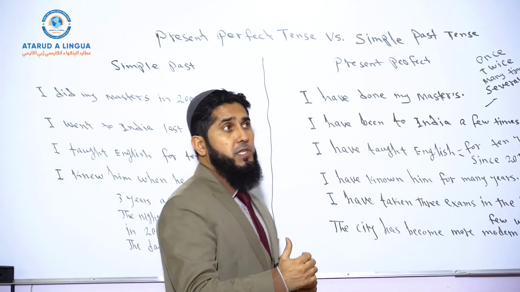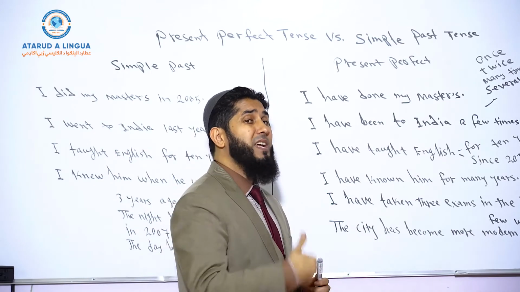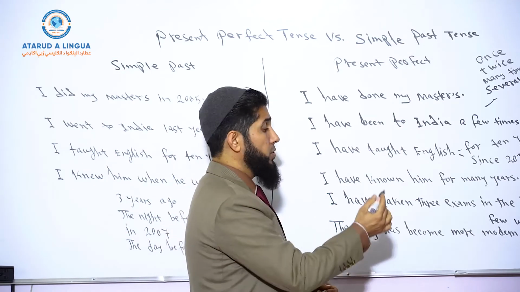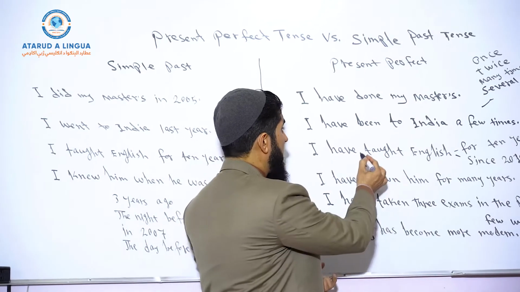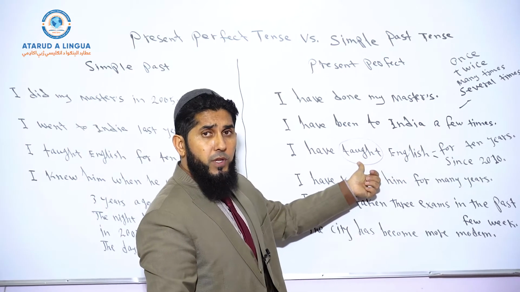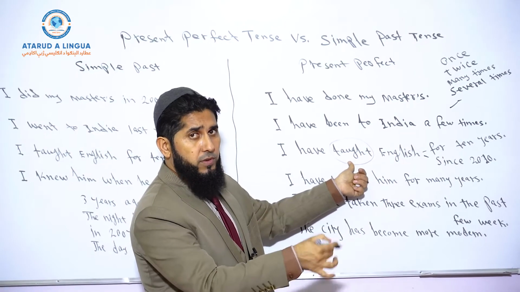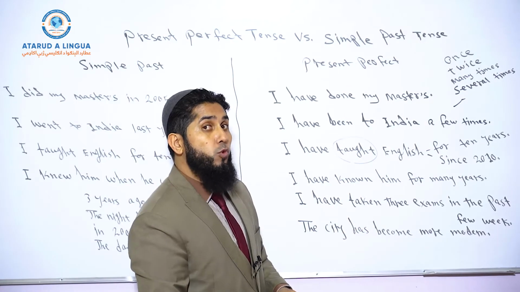But I just want to tell you this. If you want to talk about an action that started in the past, comes to present time, and may or may not continue in the future, you can mainly use present perfect continuous tense, but there are three verbs: teach, the second form of which is taught, and the third form is also taught; live, lived, lived; and work, worked, worked.